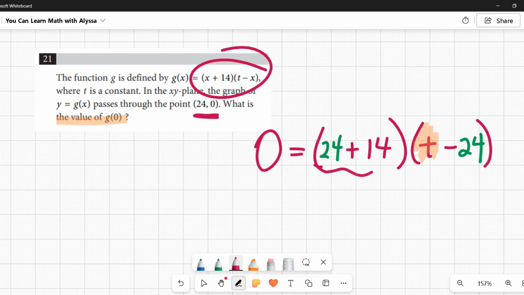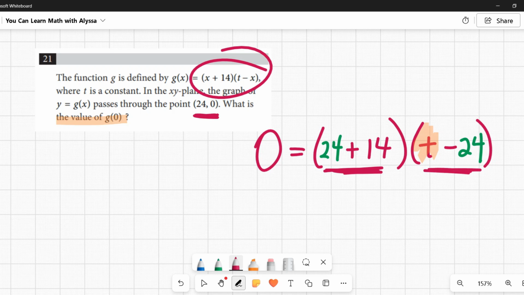You absolutely can add this and then distribute it through there and then solve for t to get 0. But there's a shortcut. There's a little shortcut that I'm going to show you. And I will show you in a minute how it would work if you did all this math. But here's the shortcut. I have two numbers